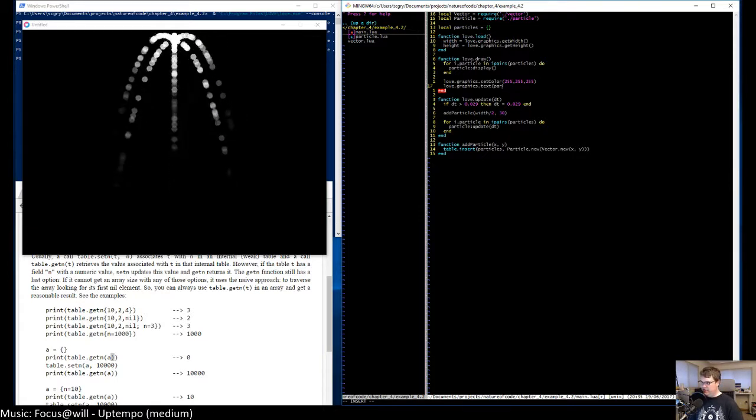No, it's table dot get n, and I'm gonna pass it particles. The X, so I'm just gonna put this right up here in the top left, so I can just set this to like maybe 5 and 5.